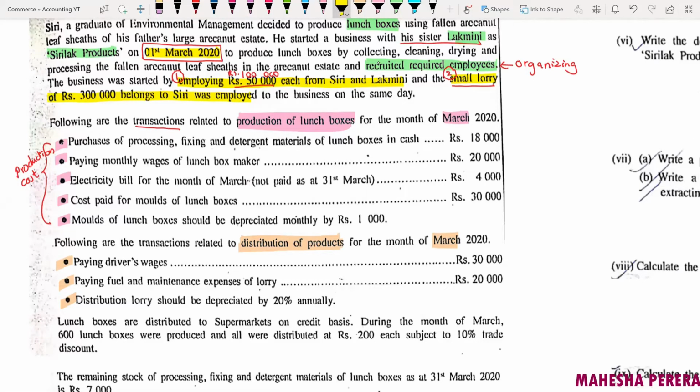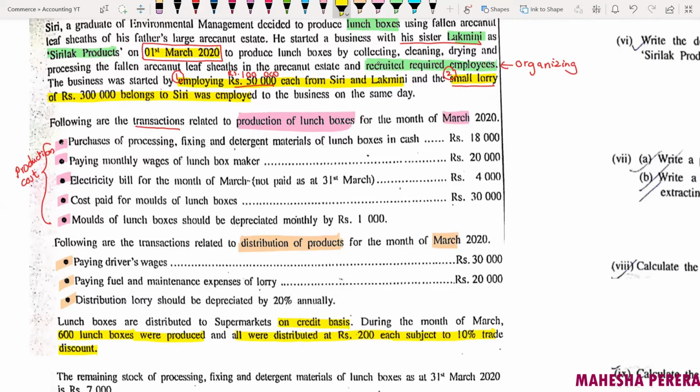Lunch boxes are distributed to supermarkets on credit basis. During the month of March, 600 lunch boxes were produced, right? And all were distributed at 200 each, subject to 10% trade discount. So these are important information. You should highlight them, right? Normally I use yellow color to highlight transactions and transaction related